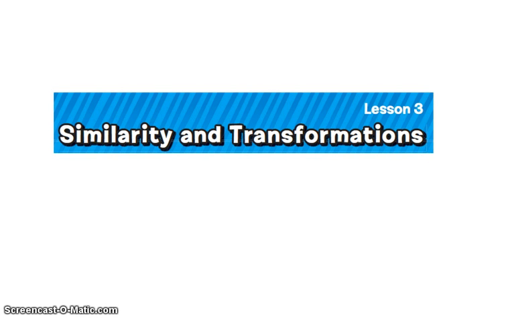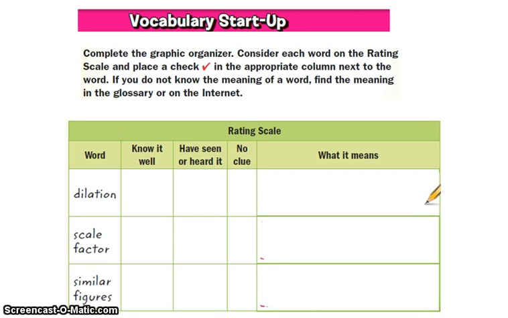Okay, so let's take a look at what we've got. Let's get your vocabulary startup. Complete the graphic organizer. Consider each word on the rating scale and place a check in the appropriate column next to the word. If you do not know the meaning of the word, find the meaning in the glossary or on the internet. So what you need to do is go through, and here's your first word,